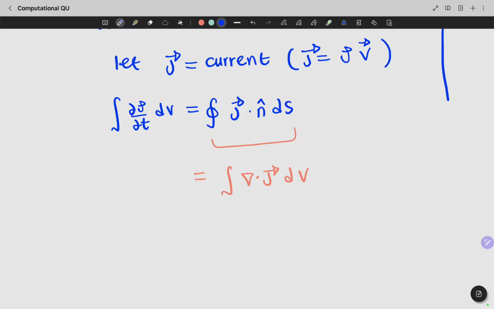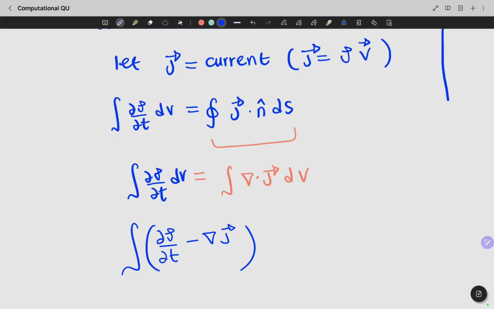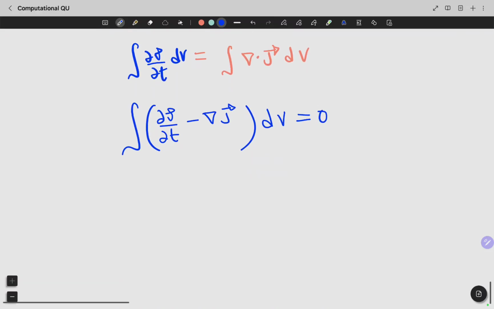dV, and that's d rho by dt dV. And with this you can now say d rho by dt minus the divergence of j, because they share the same integral nature. You can say this is equal to 0, but you cannot integrate over a volume to get 0 unless